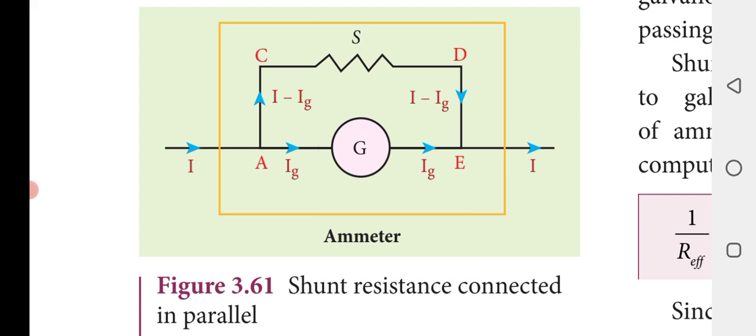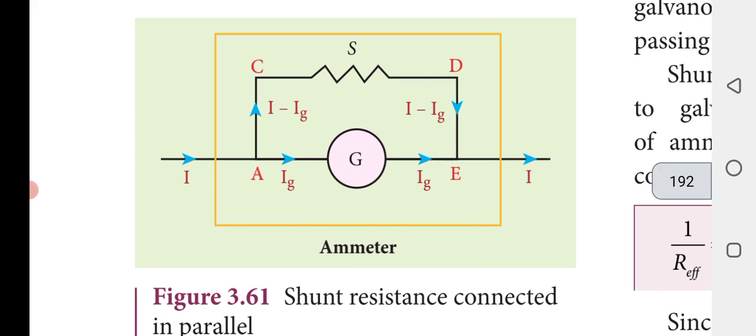So galvanometer is a device which is used in the laboratory. That can be connected to the circuit, which denotes the current, whether the circuit is carrying current or not, and also it shows the direction of the current. So that is one of the instruments. Here, that galvanometer we have to use as an ammeter. Ammeter is also an instrument that is used to measure the current value in the circuit.